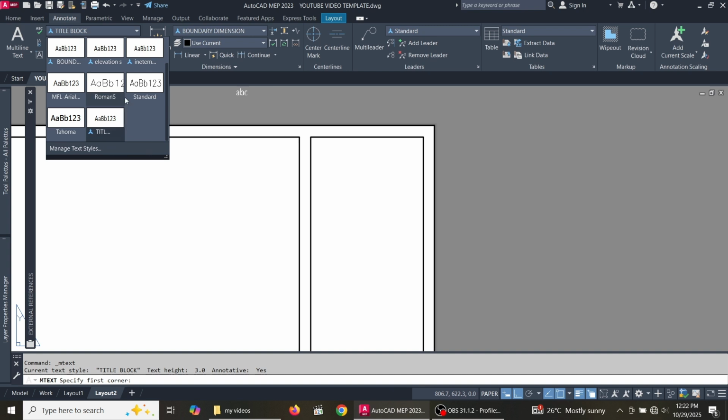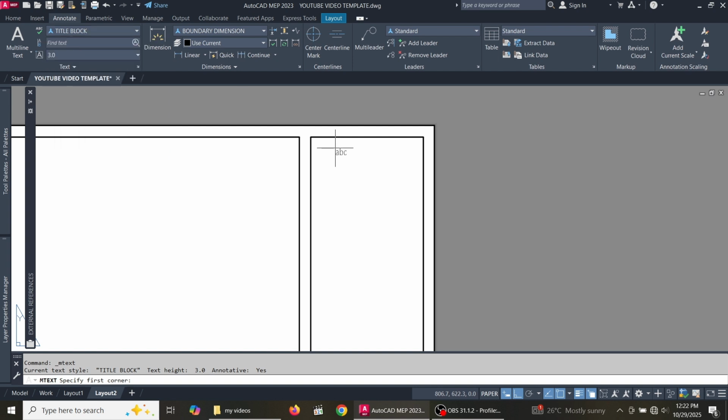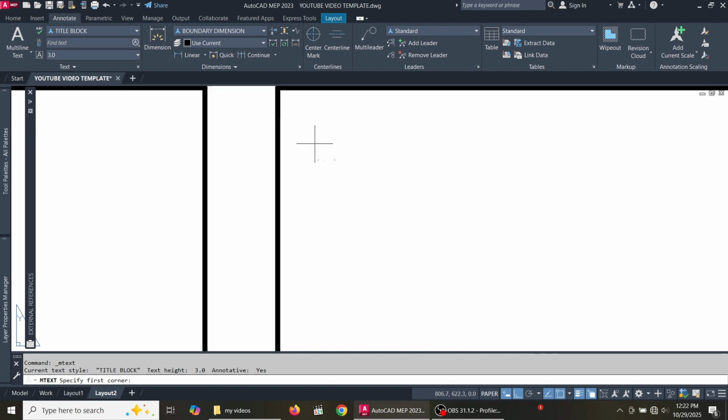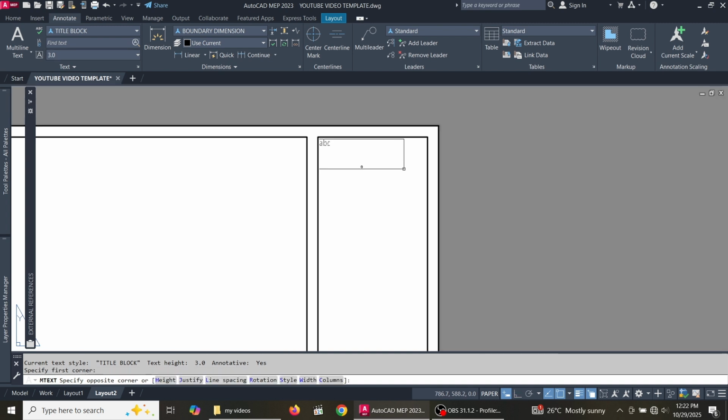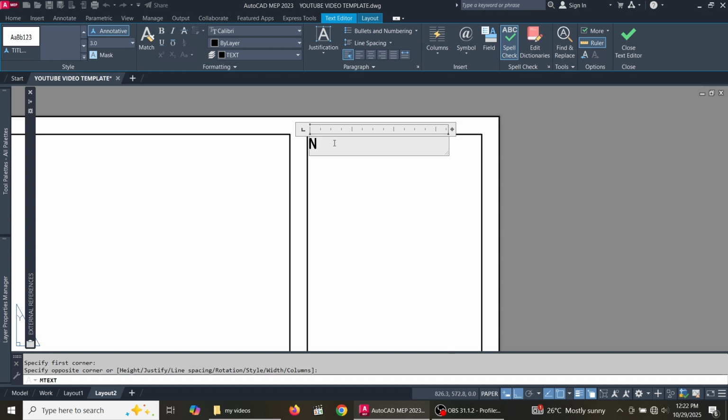Alright, you shouldn't use the same text style as the one that you've used in the workspace when you're modeling out other views of the project. Alright, so always take note of that. So once each and everything is okay, just come over here and put in your text. I'll put in notes,